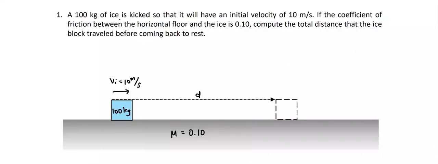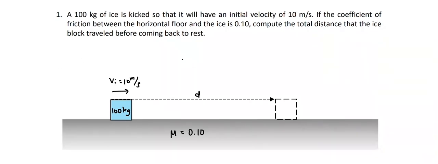A 100 kg block of ice is kicked so that it will have an initial velocity of 10 meters per second. If the coefficient of friction between the horizontal floor and the ice is 0.10, compute the total distance that the ice block traveled before coming back to rest. And to solve this problem using kinematics, we can use the equation given the initial velocity, the acceleration, and the